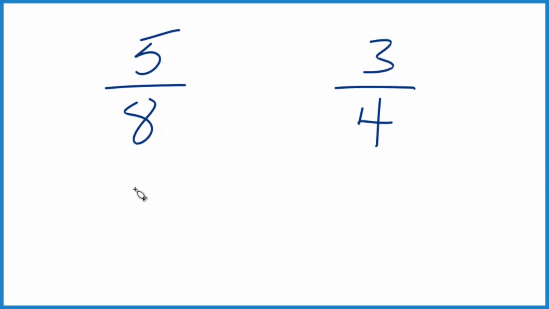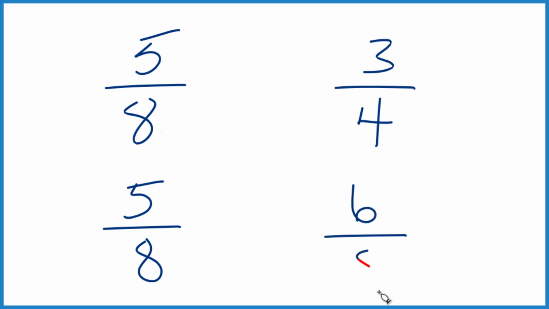So why don't we just keep this as 5/8, and then 3/4, we can multiply the numerator and the denominator by 2. 3 times 2 is 6, and then 4 times 2 is 8. So now we have 5/8 and 6/8. So since the denominator is the same, we can ignore that. And halfway between would be